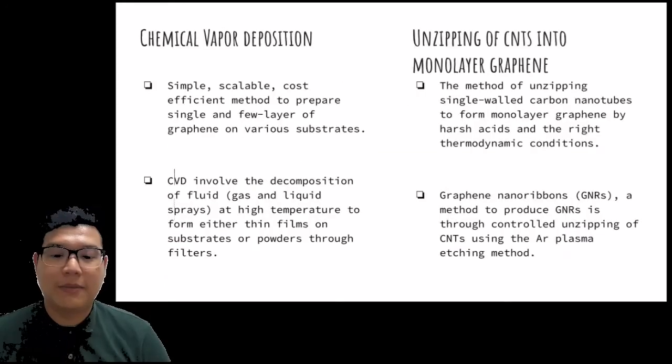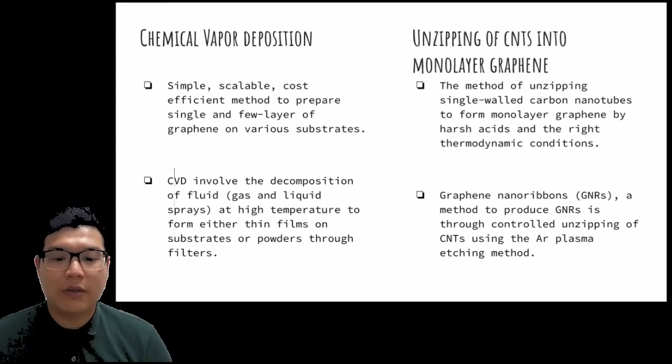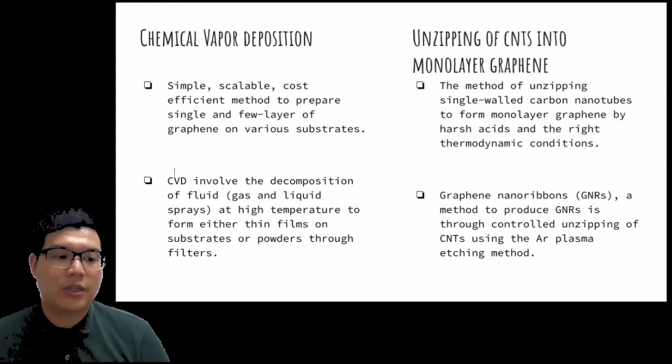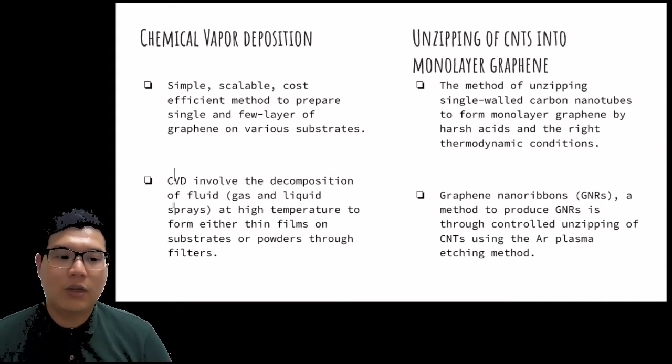Alright, I'll be talking about, first, chemical vapor deposition, which is a simple, scalable, cost-efficient method to prepare single and few layers of graphene on various substrates. This opens a new route for large area production of high-quality graphene film for practical application. Now, in general, CVD, or chemical vapor deposition